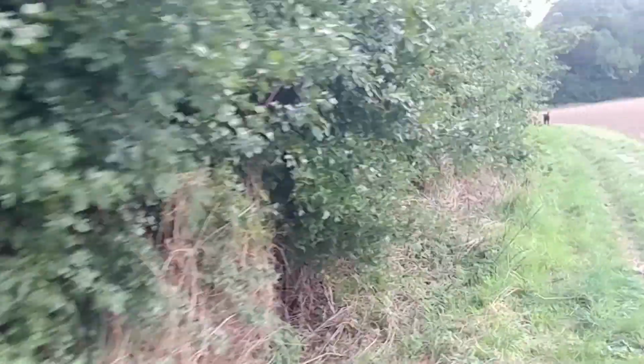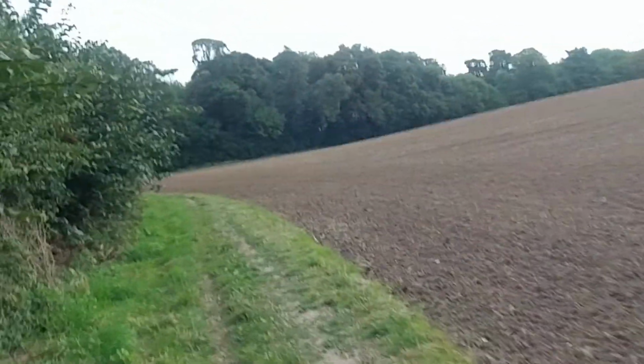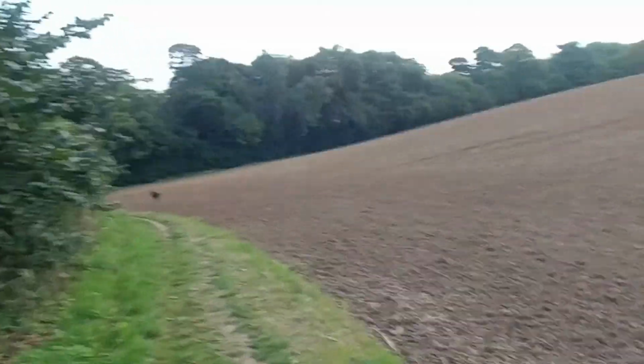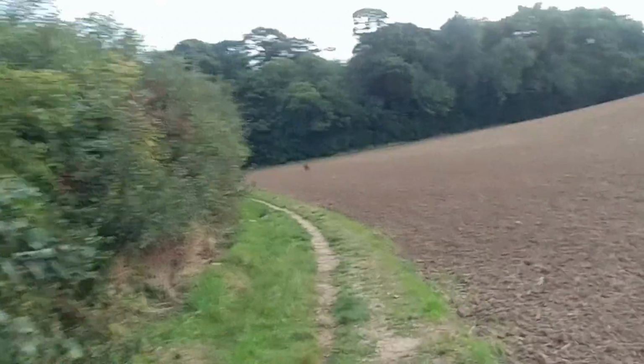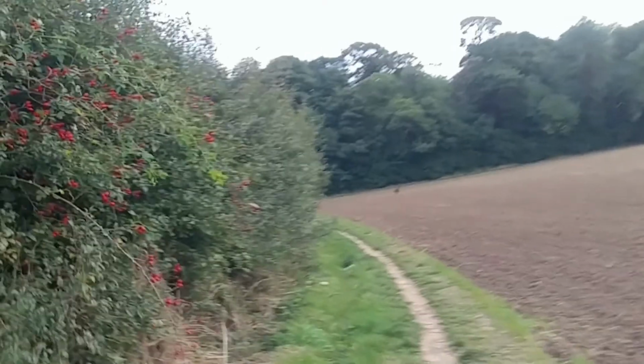There's more hawthorn, there's plenty of hawthorn about, and there's different types of hawthorn, some of it's bigger than others. Or rose hips. So, the neglected hedgerows. And a lot of these fields, rather than being turned into bigger fields,